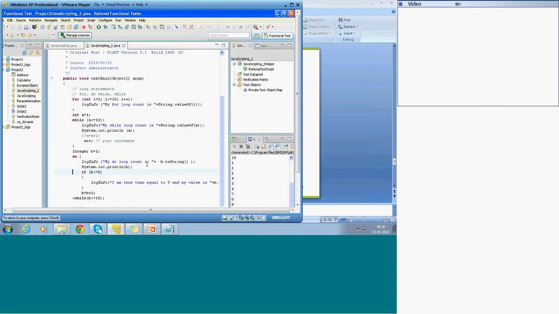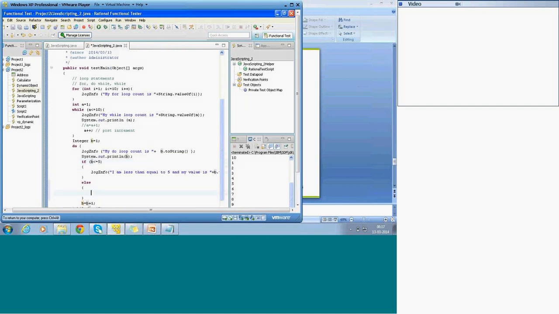Now, we finished the if condition. I want to now continue with the else condition. Else, what do you want to do? There is an else if, there is else. First let us finish up else. So else, I go with the curly braces, open and close. That means if it is more than 5, what do you want to do? So log info, I just have to say, I am above 5